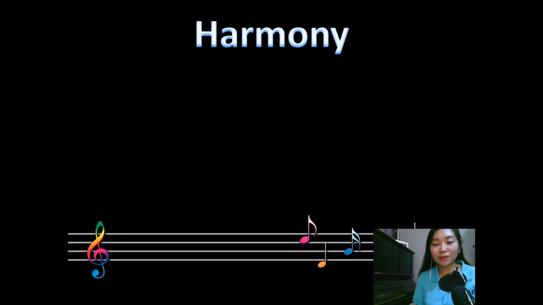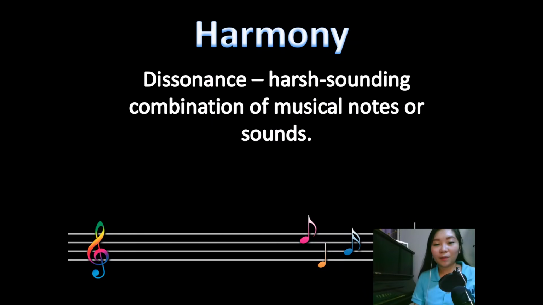Harmony can also be described in two different ways. Now, the first one is what we call dissonance. Dissonance are harsh sounding combinations of musical notes or sounds. For example,